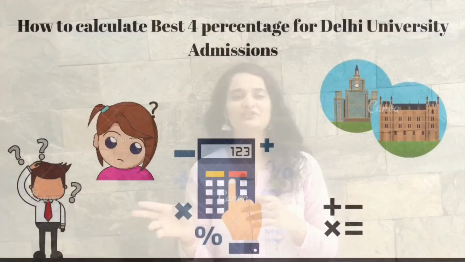In this video, I'll explain how to calculate your best of 4 percentage. Now, naming the ways you get admission into Delhi University: through ECA, that is extracurricular activities, then sports, then NCC, and then the merit based system. So talking about the merit based system, how do you get admission through it? You calculate your best of 4 percentage, then you need to meet the cutoff of various colleges of Delhi University to get into them. So we'll look at how to calculate the best of 4 percentage for various humanities, social sciences and commerce based courses in this video. So let's give it a watch.